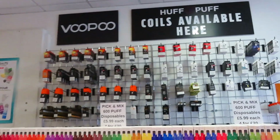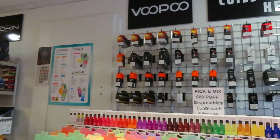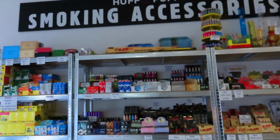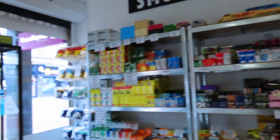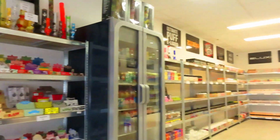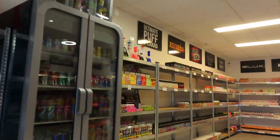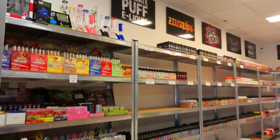We stock a wide range of coils. The prices are varied. If we didn't have that coil in stock for you today, we can get that from one of our other 9 shops. We also cater for all our smokers. We do not sell tobacco, but we do have all the smoking paraphernalia, so we have your papers, your filters, your tips, as well as other various items. We stock your sub-ohm juice, which is all nicotine free. We also have nicotine salts,